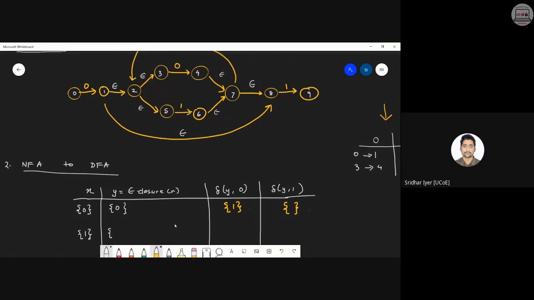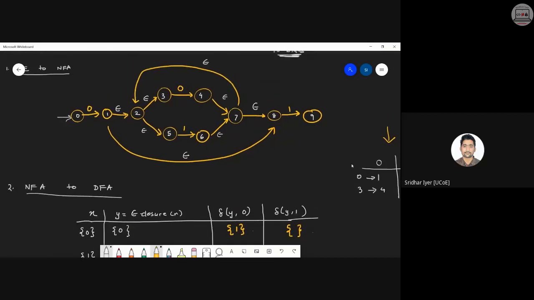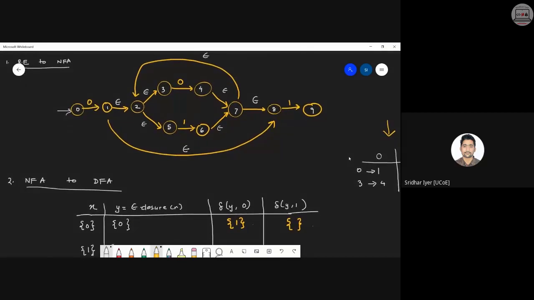First, we need to start with the start state, which is 0 over here. 0 से start किया हमने. Then from 0, what are the various states we can reach with epsilon value? Over here, you can see that there are no states which are reachable from 0 with epsilon. So, first thing first, जो state पे हम लोग है वो state तो आना ही चाहिए. Whichever state we are currently present at, that has to be a part of this set. Okay, so we are writing 0 over here. But as we can see, unfortunately, there are no states which can be reached from 0 with epsilon. Okay, that's why we have written blank over here.